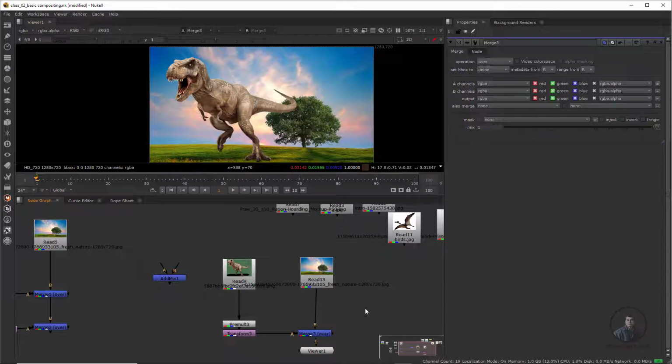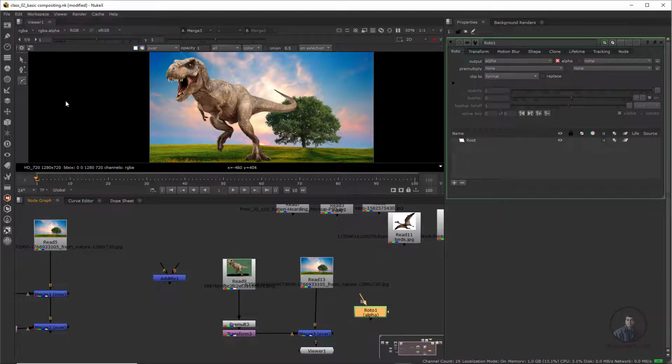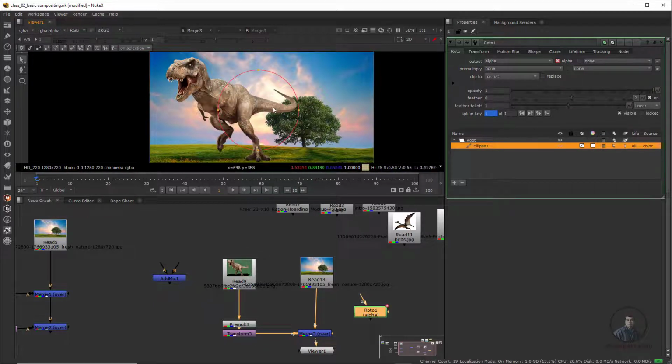So just a little bit, only for explanation, I am going to take a roto node. Simply click here in drop node options, take this roto, and make it a circle, maybe an ellipse here. This is just only for explanation. Here I have created this circle, and if you connect this circle with this mask, it will actually cut out foreground objects. So remember this one: whatever shape or mask you attach in this merge node will only display your object inside these shapes or mask here.